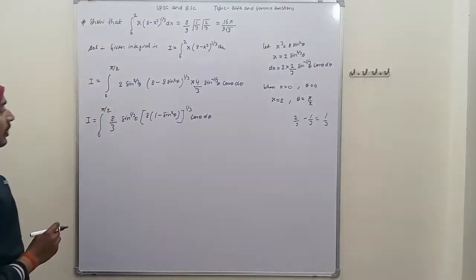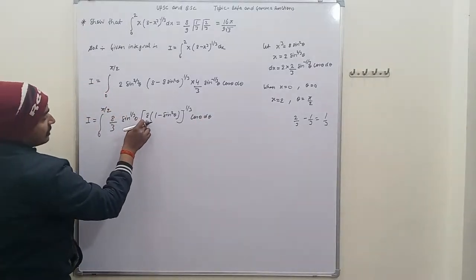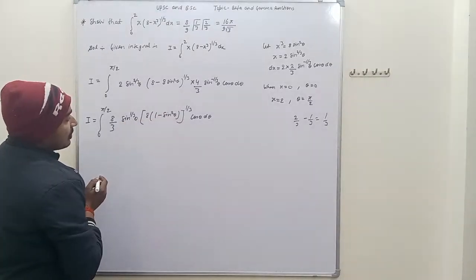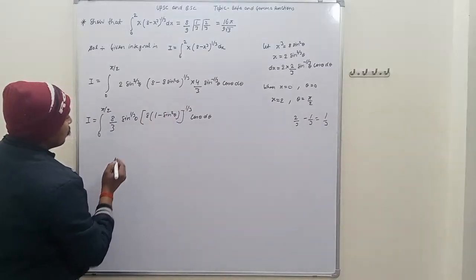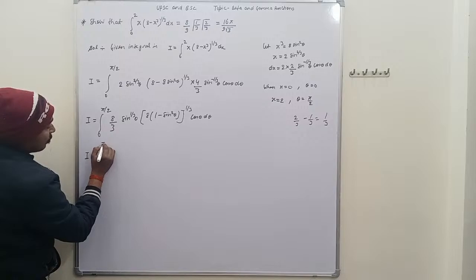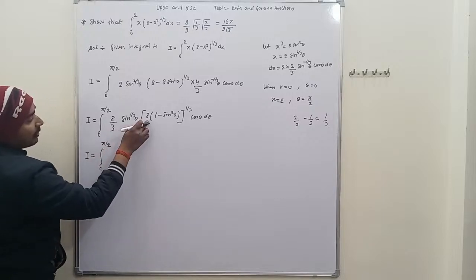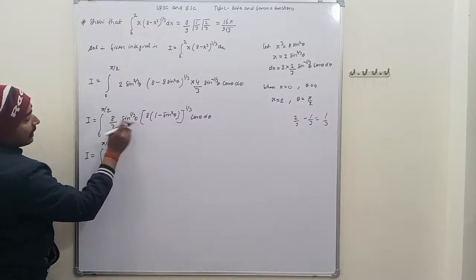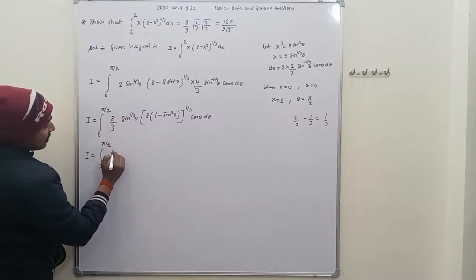And 8 is taken outside, so 8 to the power 1 by 3 is 2, so we have to write integral I is equal to the integral from 0 to pi by 2, and 8 upon 3 into 2 is 16 upon 3,